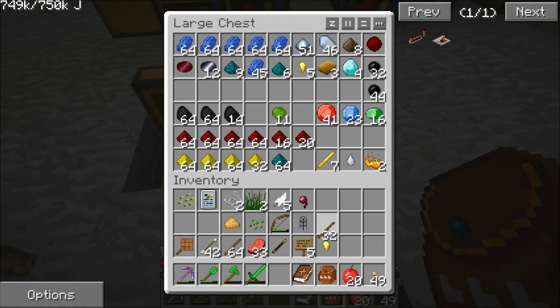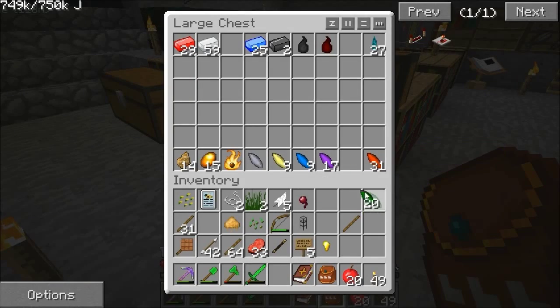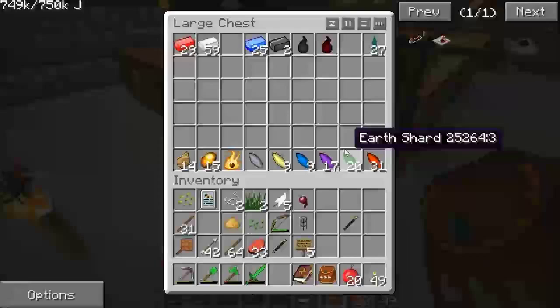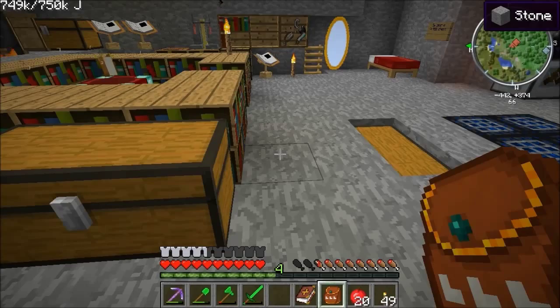And we're going to want a stick, which we've got one there. And we're going to want a shard. I'll take a green one. Doesn't really matter. And what we need now is one of each colour. That, and that. And if we look in the book there,